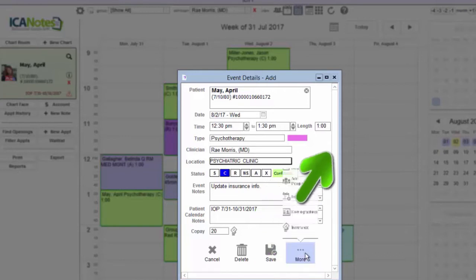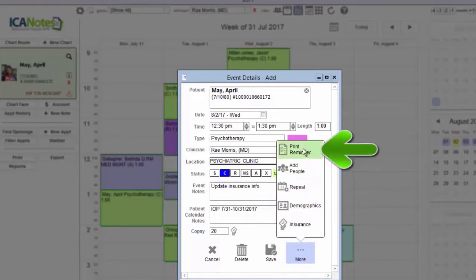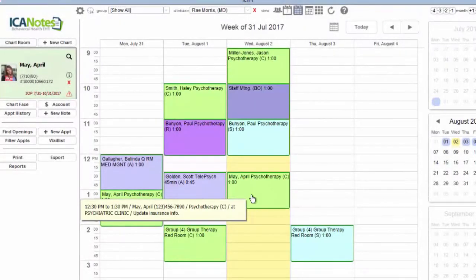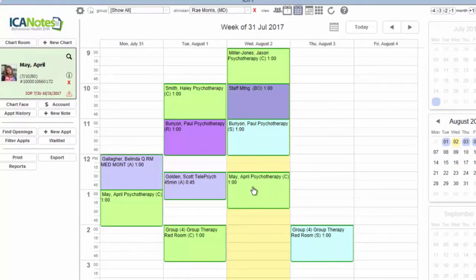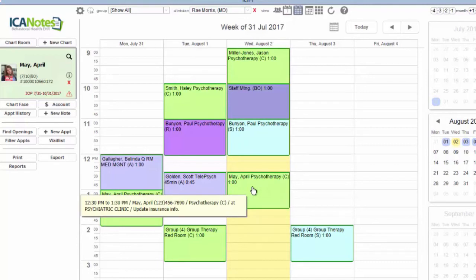Under the More option, you do have the capability to print the reminder for the patient. You can also add multiple clients to this appointment and or clinicians. You can make this a recurring appointment. You can access the patient information and demographics and also the insurance information. Let's save this appointment. Other features that are available here in our calendar is a hover message whenever you put